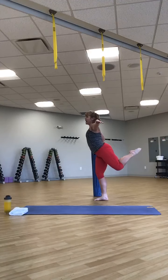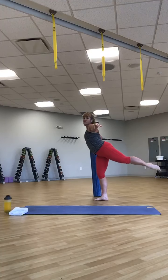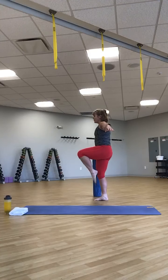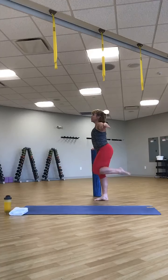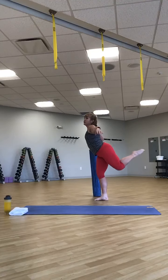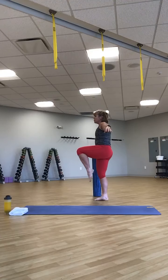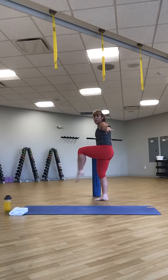Forward, bend, back, straight. 4 more. Forward, bend, back, straighten. Last one. Forward, bend, back. Now we're going to reverse it. Bend, forward, straighten,